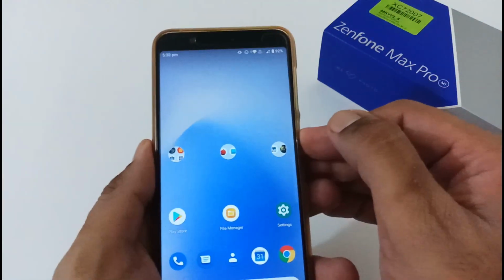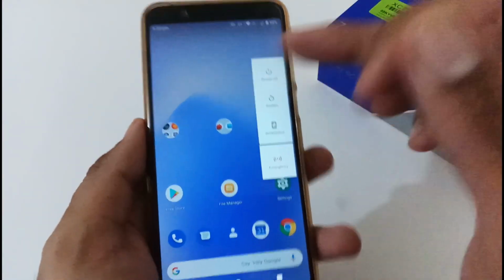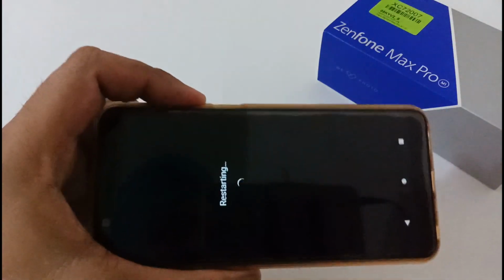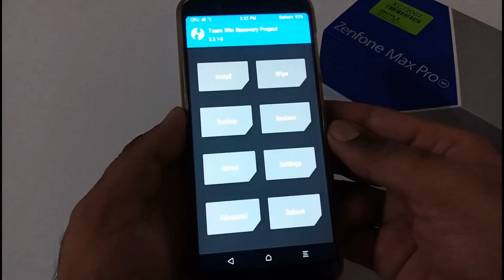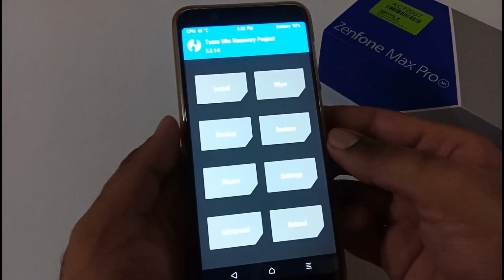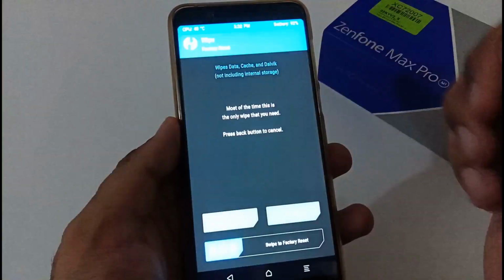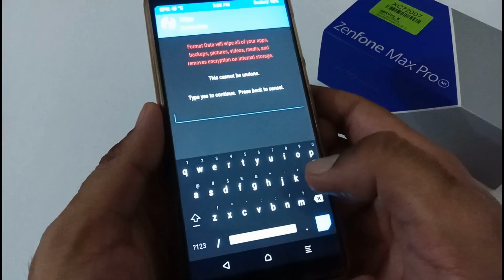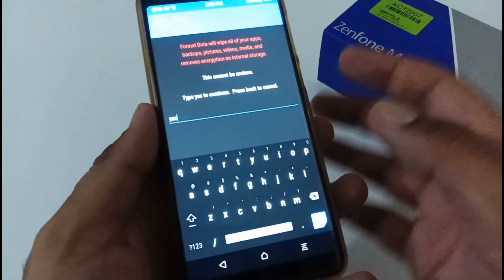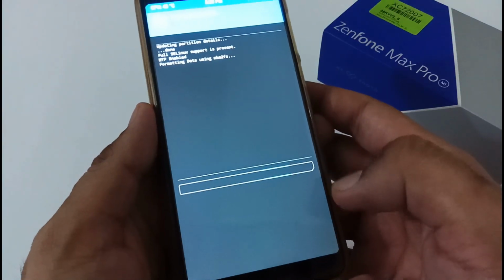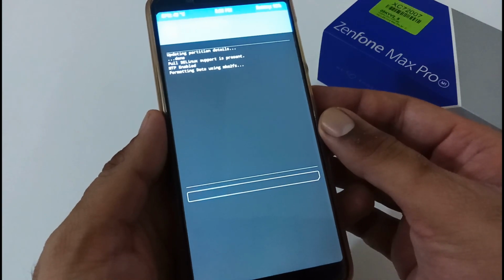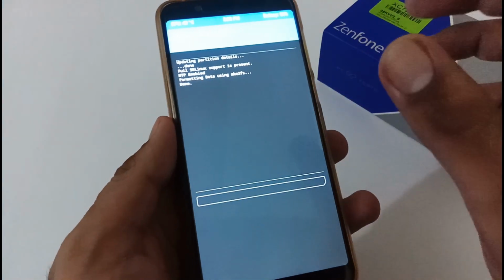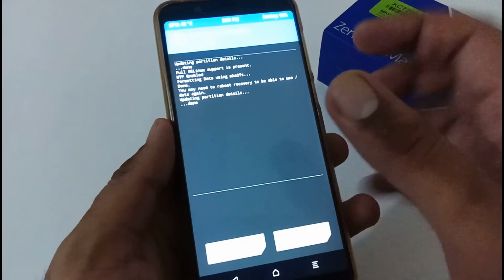Now let's jump into the TWRP mode and proceed with the installation process. So finally we have booted into the TWRP recovery mode. According to the blog, firstly we have to tap on Wipe and afterward tap on Format Data. Then just tap Yes here and tap the blue tick button. It will take 10 to 15 minutes to format data in the background. Just to be sure, you have to take a backup before doing this part.